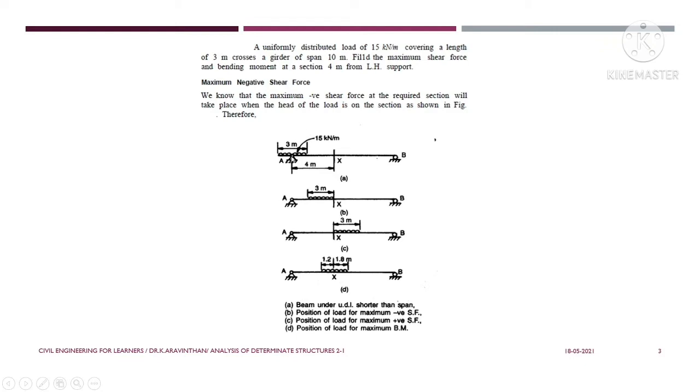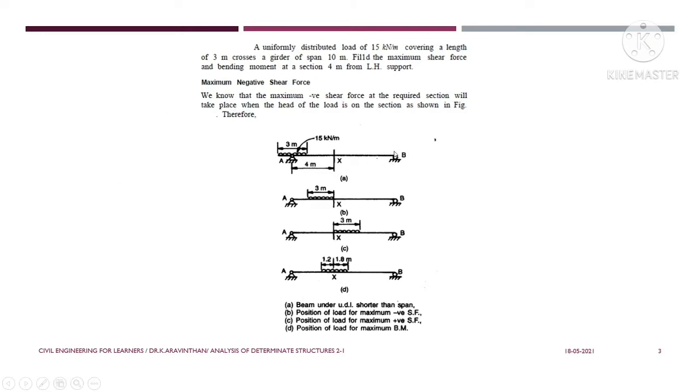What do you mean by girder? Girder is a beam. In a bridge, a beam is known as a girder. Now we have a beam here, and this beam is a determinate beam. How do we say that it is determinate? Here you can see a hinged support, and at the other side you have a roller support. So the number of reactions is 2 here and 1 there. The total number of reactions is 3, hence R minus 3 equals 0. R is the number of reactions, that is 3, minus the number of equilibrium equations, which is 3, so 3 minus 3 will be 0. That is why this beam is called a determinate beam.